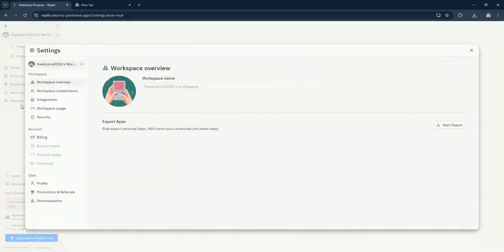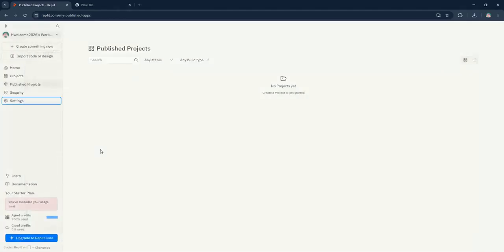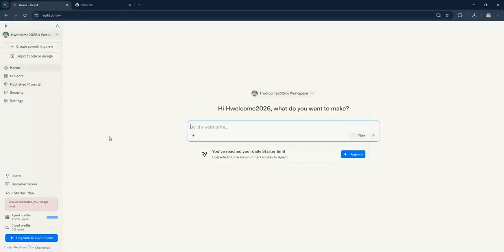Below Notifications, there's the Community tab, a fantastic place to engage with other Replit users, ask questions, or join discussions. Finally, at the bottom, you have the Settings gear, where you can adjust your account preferences, theme, and other personal settings. On the main part of the dashboard, you have quick access to your recent projects and a Create button